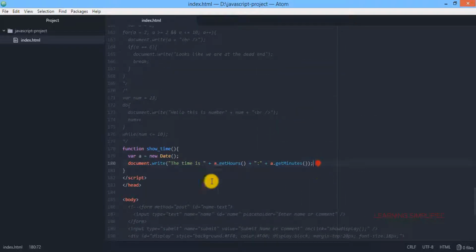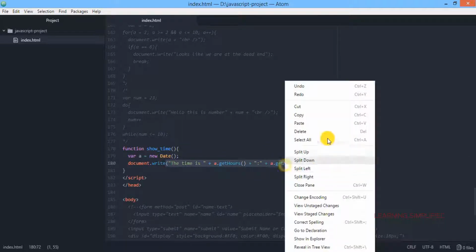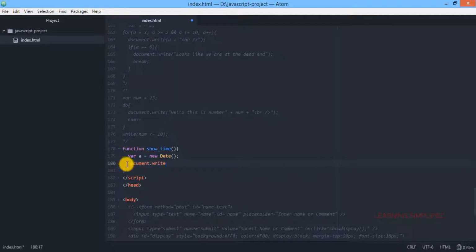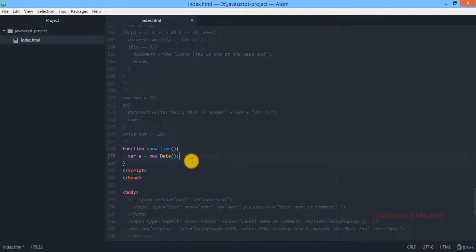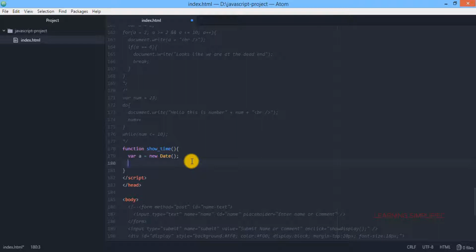Now get back to your script tag and inside, first of all, cut this thing, delete document.write and create var b, where you have to assign this one.